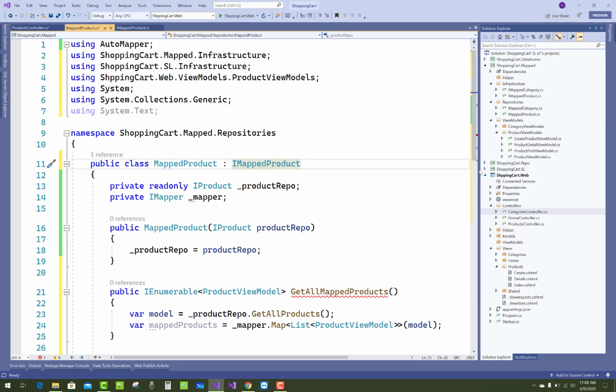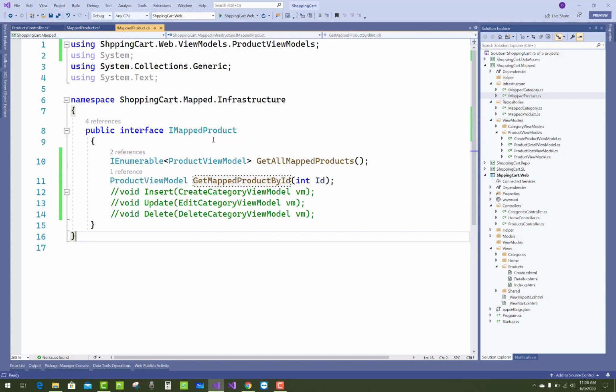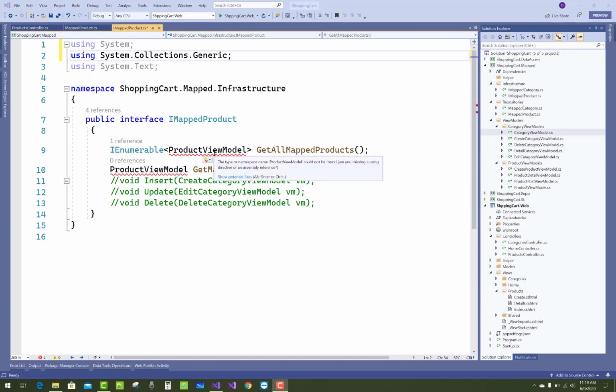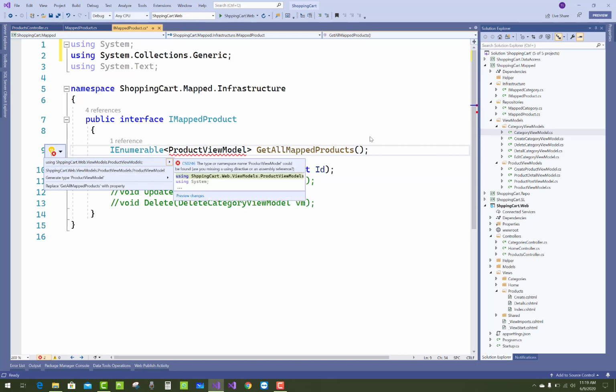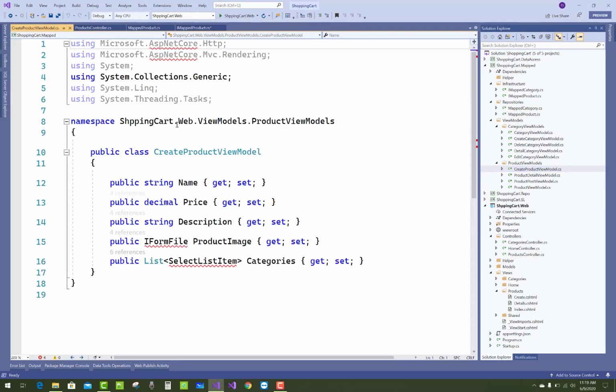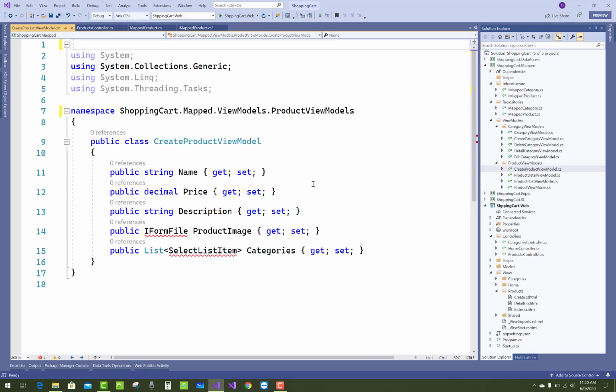ShoppingCart.Web.ViewModel is actually there, so come to the section, just remove it and check the product view model namespace and replace it. So just open, yeah, there is an error actually, that exists in the mapped project. So ShoppingCart.Mapped, and remove all unnecessary usings.